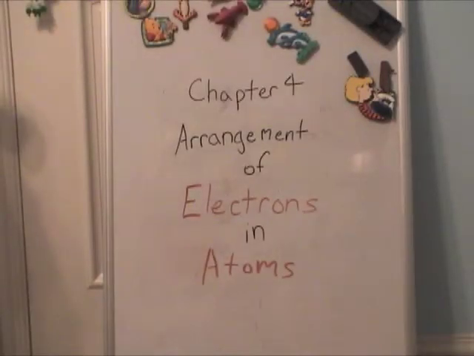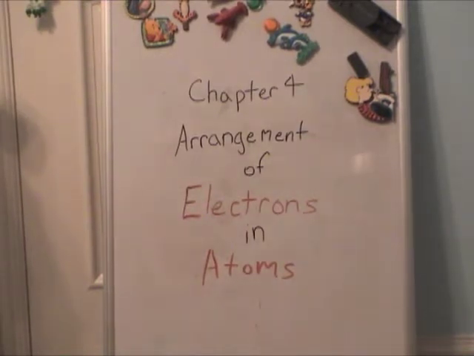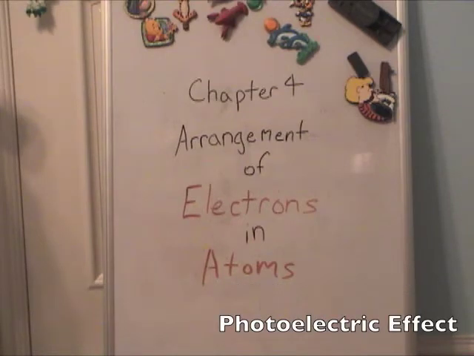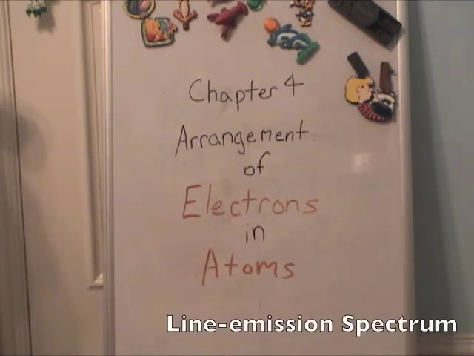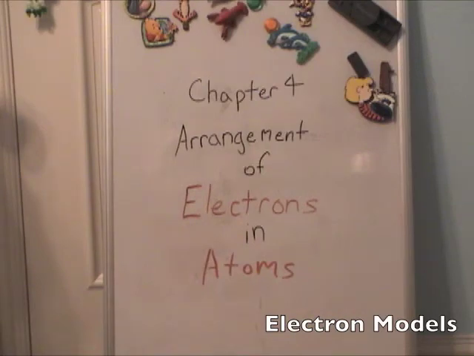Chapter 4: Arrangement of electrons in atoms. So what this chapter talks about is the arrangement of electrons in atoms. So this is talking about atomic orbitals and stuff like that. This requires the memorization of a couple of formulas, the understanding of the photoelectric effect, the line emission spectrum, that's the one with the prism, the Bohr model, and what else? You get to learn about the modern atomic model,